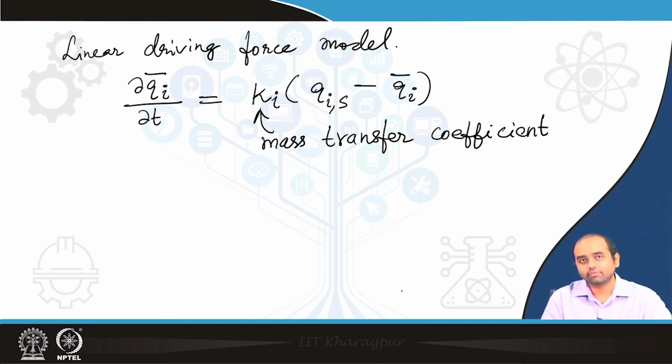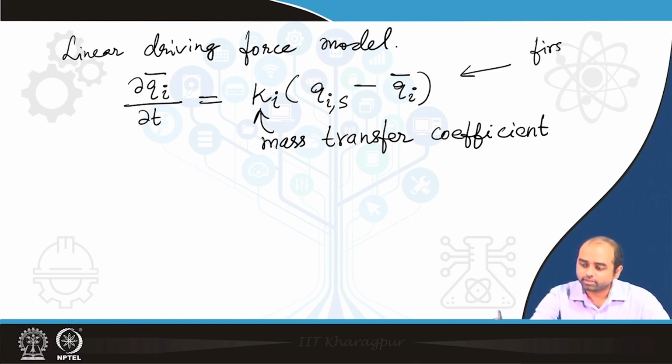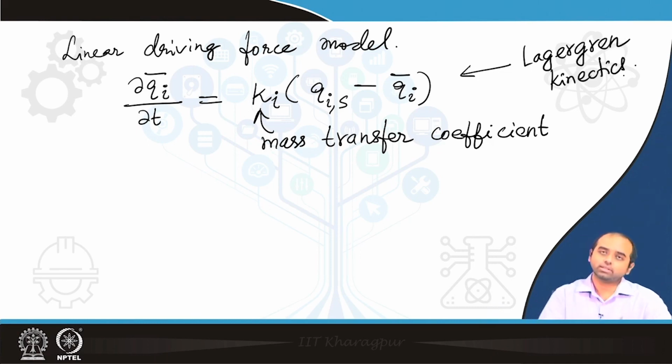This model is also equivalent to, I should not say first order, but Lagrangian, and there are several types of Lagrangian kinetic models, pseudo first order, first order. So, this is essentially the pseudo first order